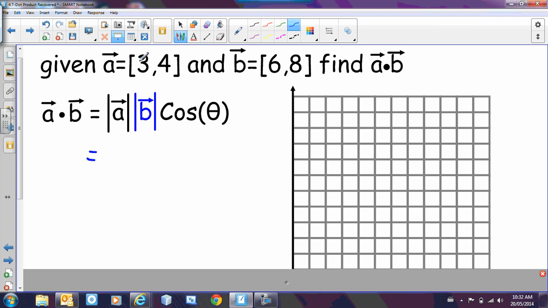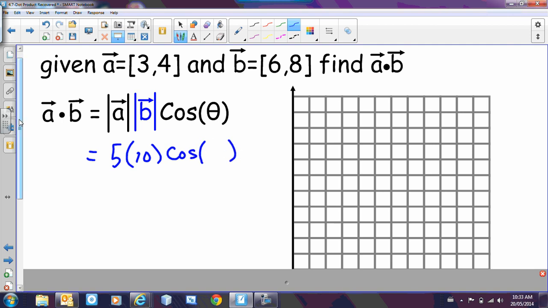Now, hopefully we all recognize that if I have vector 3, 4, it turns out that's a 5. If you don't know that, that's fine, but that's a fairly popular Pythagorean triangle. 3 in one direction, 4 in the other direction, square the 3 is 9, square the 4 is 16, add them together is 25, square rooted is 5. So I've got the 5 from A times the 6, 8, which is another Pythagorean triangle that gives me a size of 10, and I want to multiply by cosine of